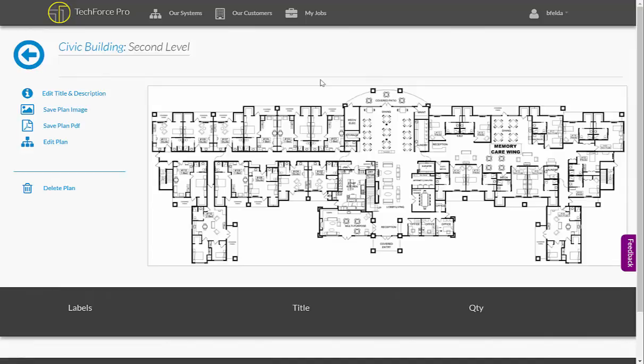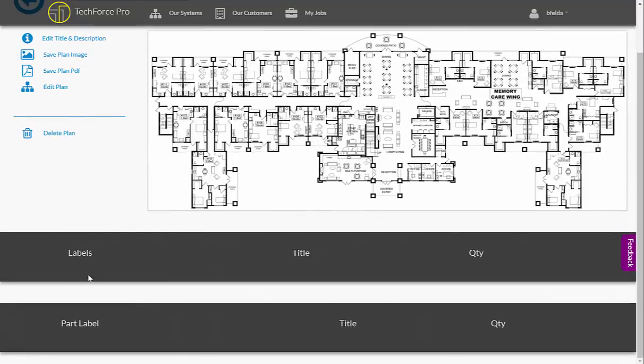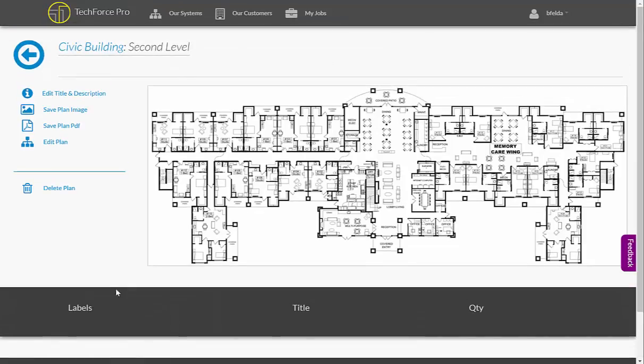This video will go over adding parts and systems to your floor plan. So in the last video we uploaded the floor plan and we saved it, which gave us this floor plan here, and you can see this is where the labels for the systems would be, and this would be where the parts would be once we add some in. So we're going to go to Edit Plan,